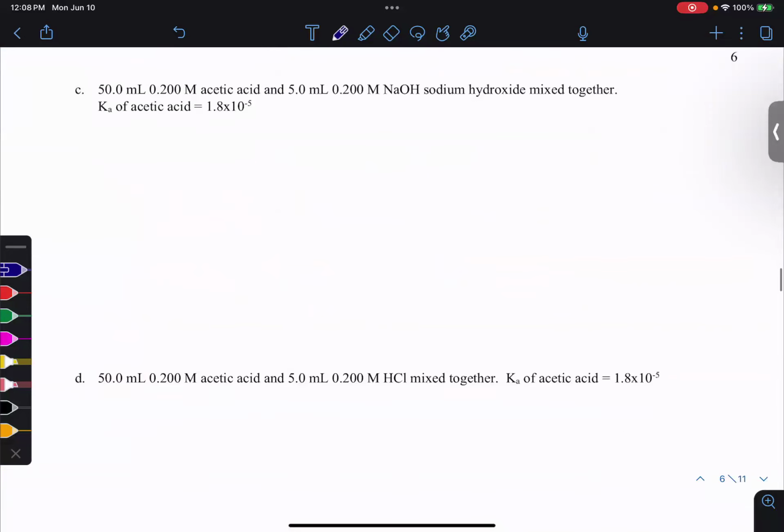All right. Next one. 50 milliliters of acetic acid and 5 milliliters of sodium hydroxide. This is a buffer again. But am I going to put those millimoles straight into the Henderson-Hasselbalch? No, I'm not. So let's get those millimole amounts. So acetic acid, 50 times 0.2. Is that 10? 10 millimoles of acetic acid. So that's HA. But I am adding, so 0.2 times 5, I think that's 1. 1 millimole of